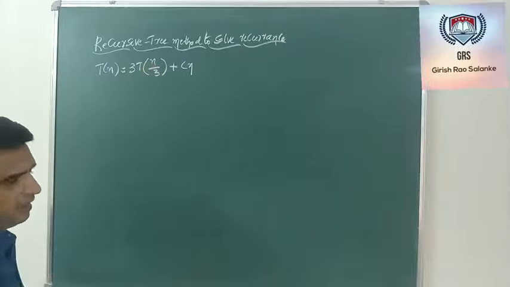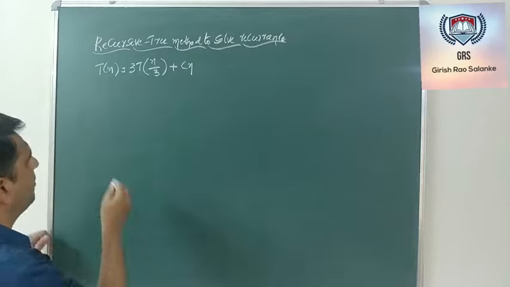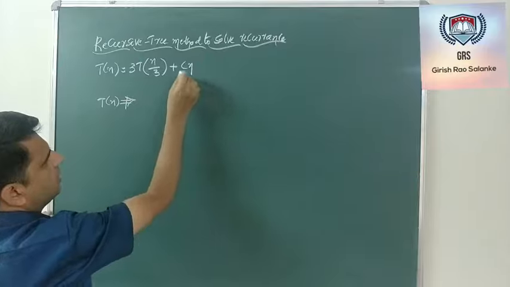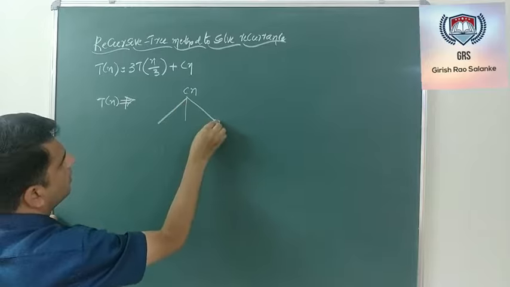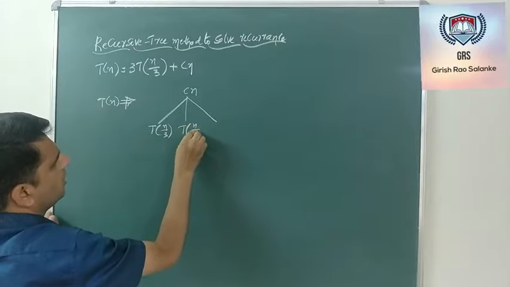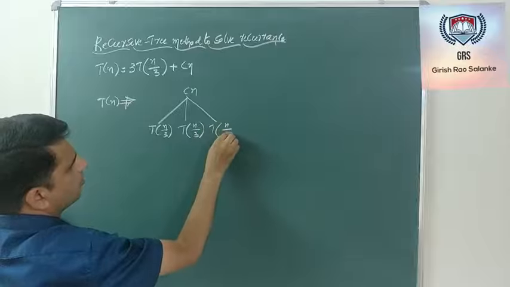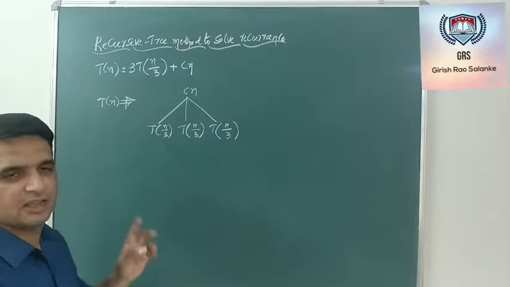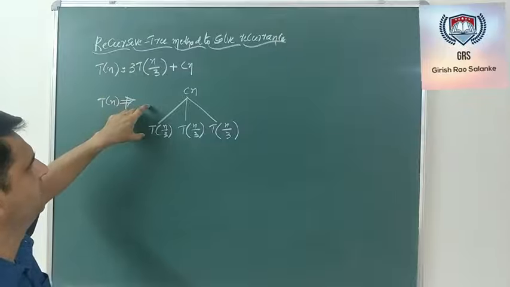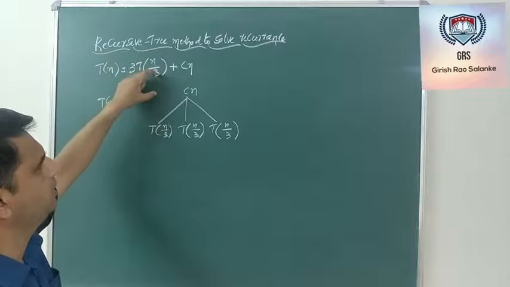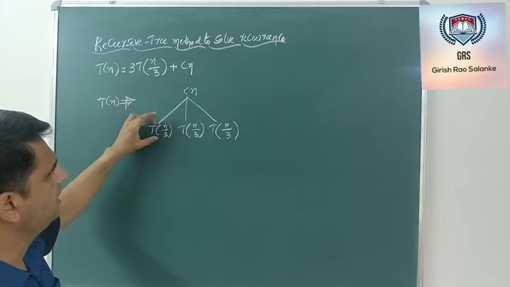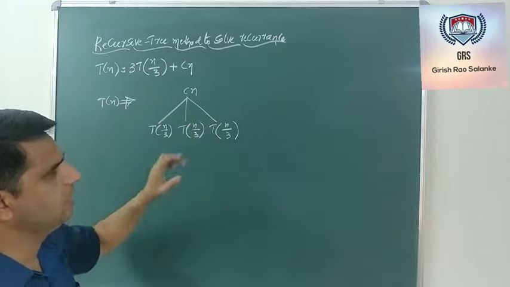So it implies that I can write my T(n) as cn, that is this constant, and 3T(n/3). This is the first one, this is the second one, and this is the third one. Hope till here it's clear. Now what I have done, I have just modified this statement to be represented something like this. Because T(n) is equal to 3T(n/3) plus cn, hence you can find that T(n) is equal to cn with T(n/3), T(n/3) and T(n/3) below it.